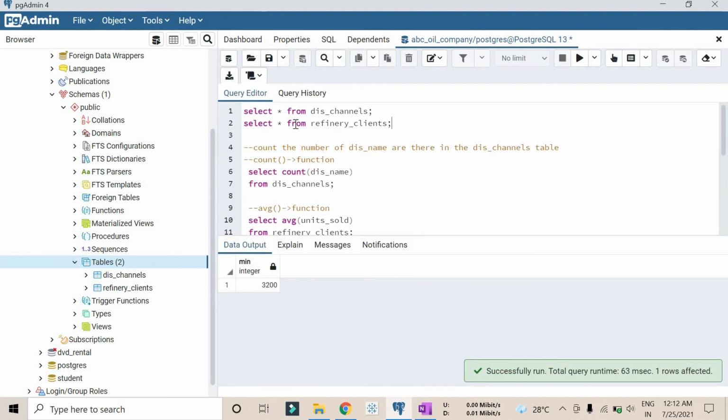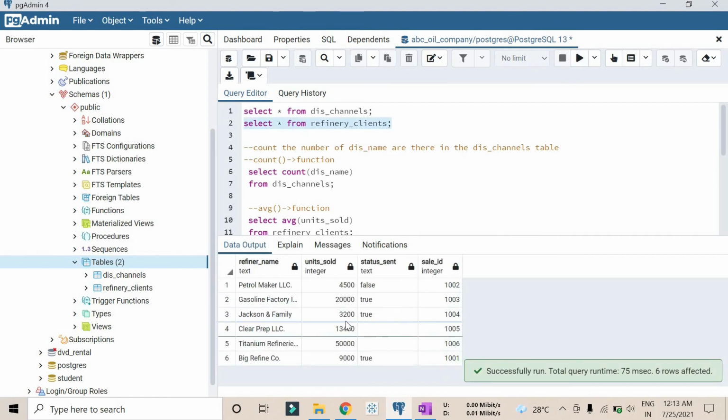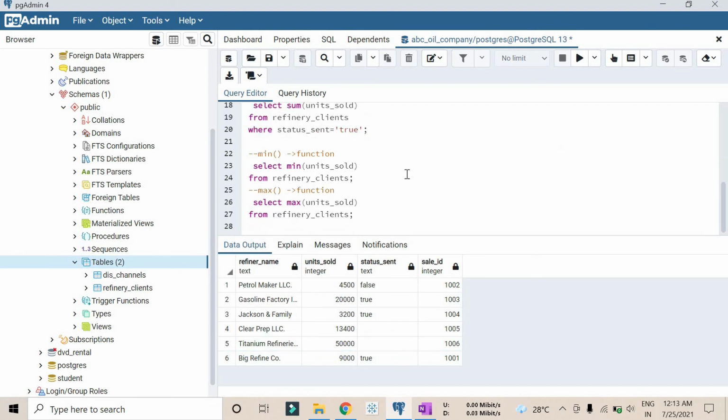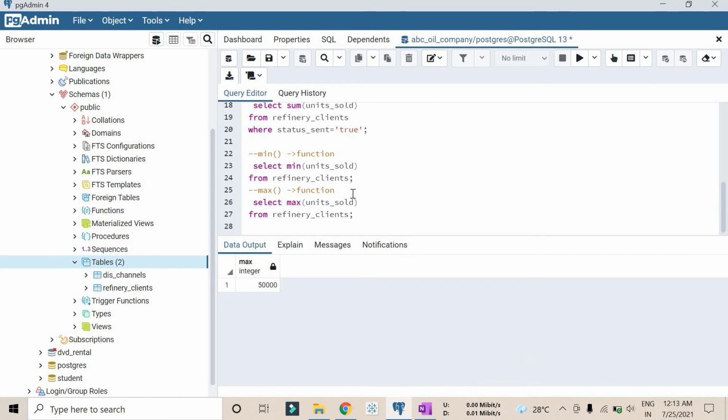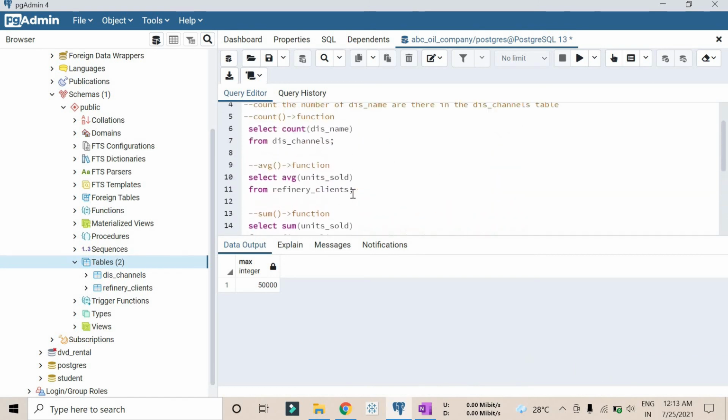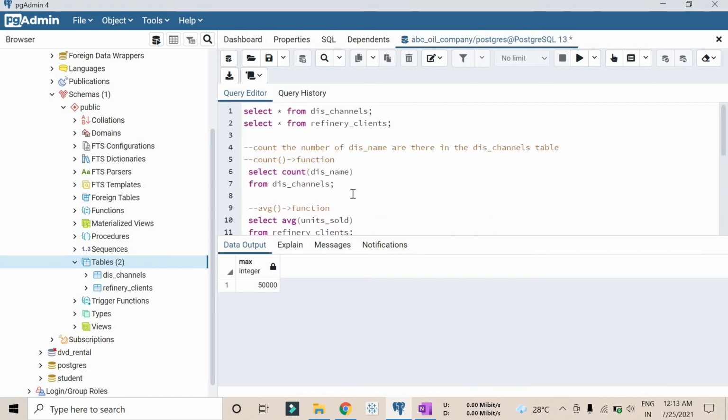If you go back, let's cross verify it. The minimum is 3200 and the maximum will be this one, right? 50000. Let's do the maximum of this to see whether we are correct or not. Yes, as you can see we assumed right. So in total, 1, 2, 3, 4 and 5, these are the very important 5 SQL functions provided by SQL itself, and they are a very important part of daily SQL use.